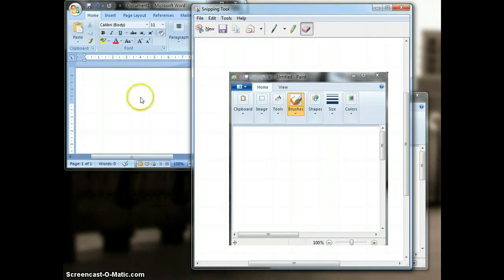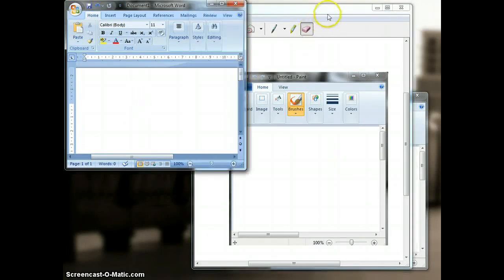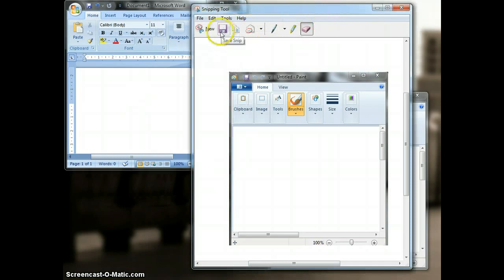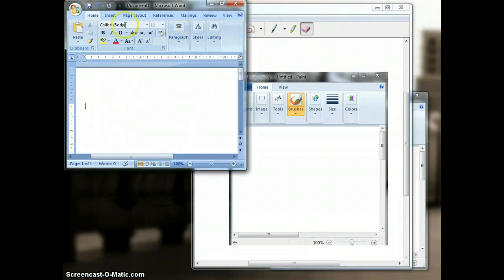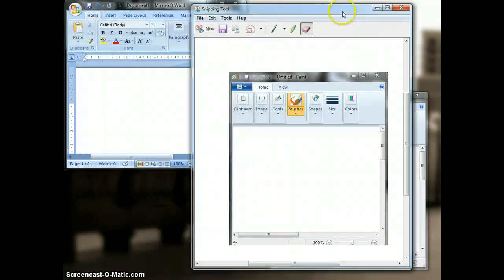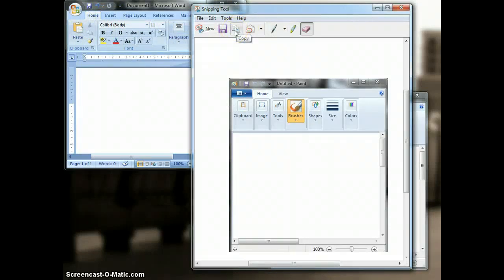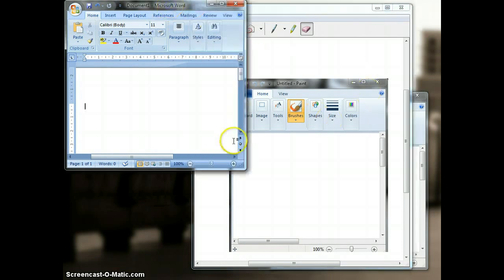I've got it back to how I want it, and then what I need to do from here to get this picture into Microsoft Word, which is what I want to do, I can either save it and then import that picture by going to Insert Picture, or what I'm going to do is I'm simply going to press this button here, which is the copy button. If I click that copy button, it's sent this picture into the clipboard. Remember, that's like our little empty box that we can't see. It sent that picture into the clipboard, so all I need to do then is go into Word,